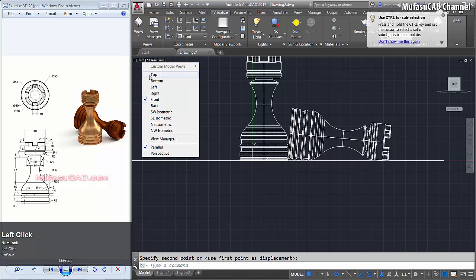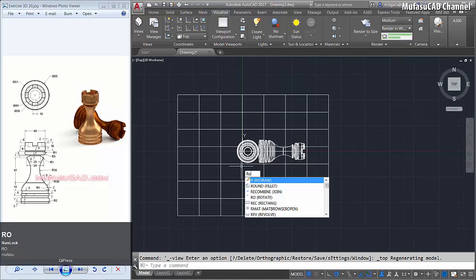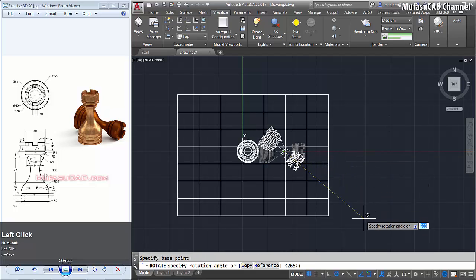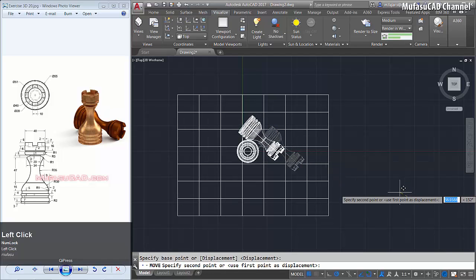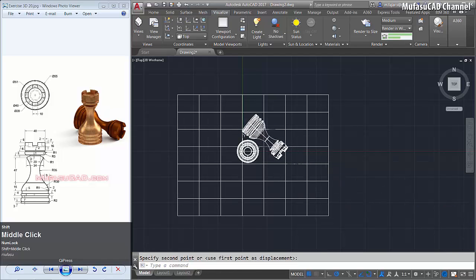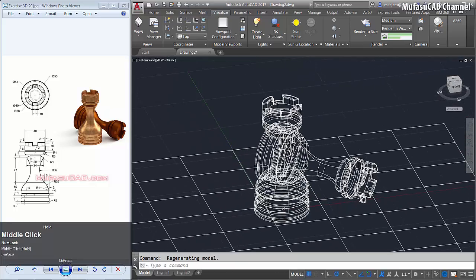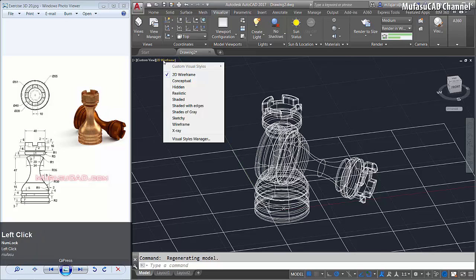Change into top view, and then I will rotate this object from this point to here, and then move this object to this point. Okay, you can orbit to rotate the drawing, and then zoom in, change into realistic view,